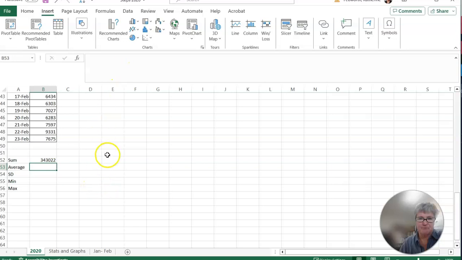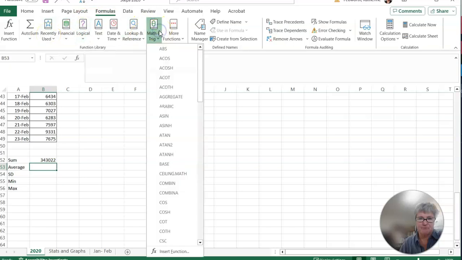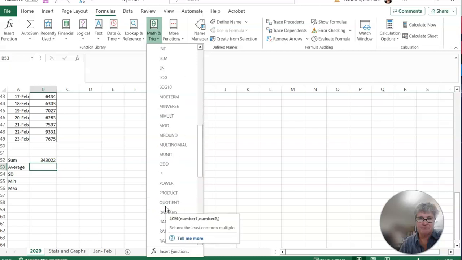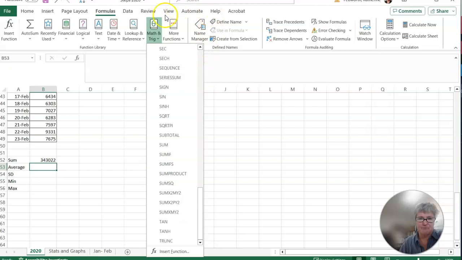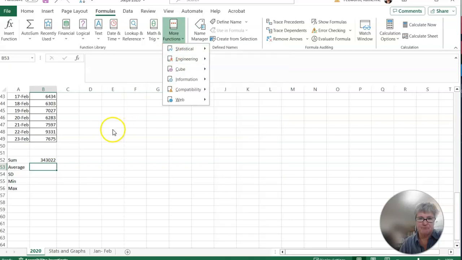Then also what I want you to do after you do that is go look in the formulas that you've already kind of explored Excel with. And there's all kinds of different things. Here's some math and trig. So all kinds of shortcuts that you could use for data. More functions, all kinds of different statistical functions, so that you wouldn't have to go in and type equal, sum, and your numbers. So kind of go and explore that as well.